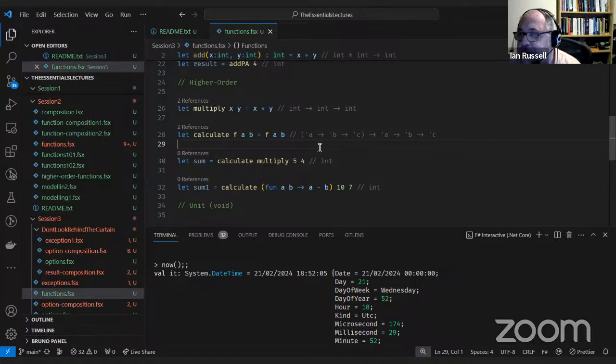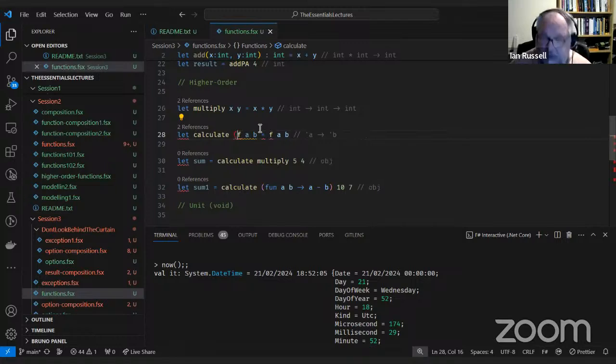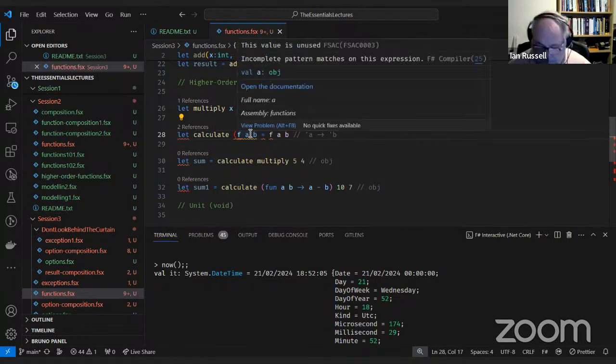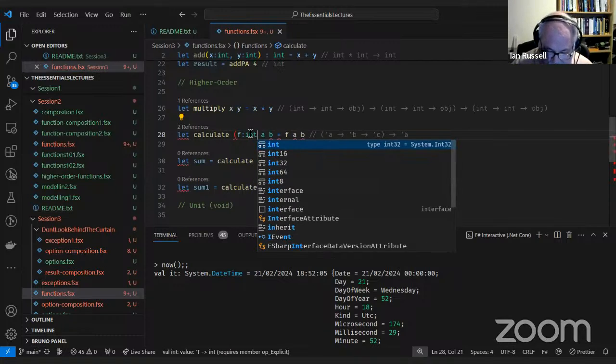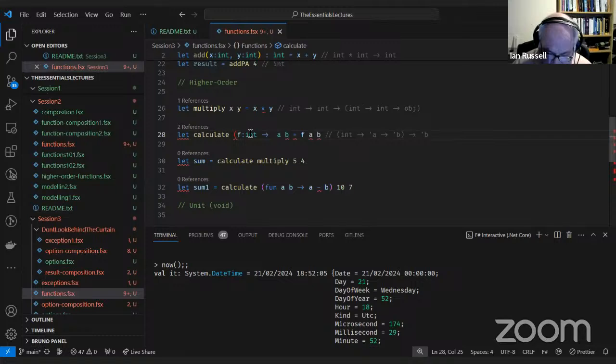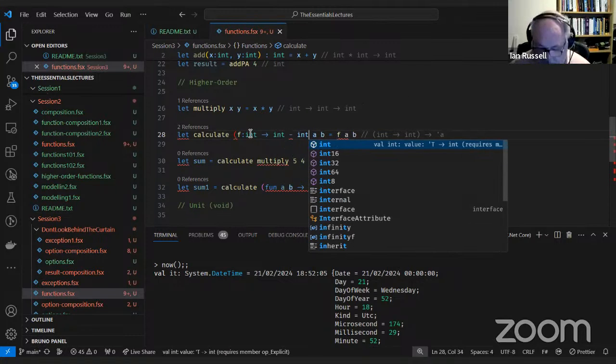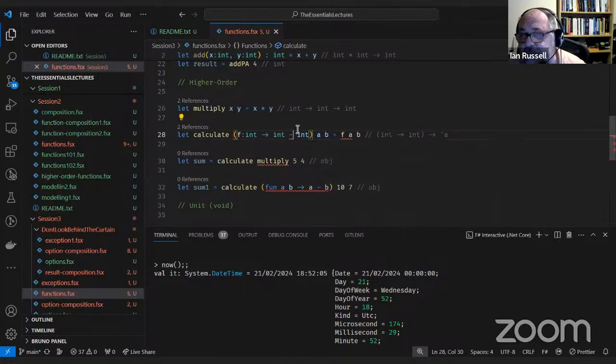I don't think there's any other way of specifying. You can also force it. So in this case, for instance, if I knew that it's int to int to int, I can actually type the function signature in there and force it. And that then forces the parameters to become ints because they have to match all of that.